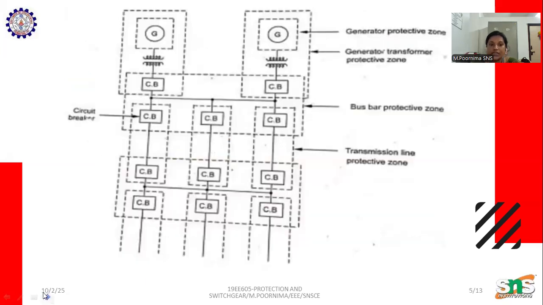Here we can see the protective schemes in this picture. First, this is the generator protection zone. We have a generator, a transformer, and a circuit breaker. These three components are protected by the generator transformer protection zone. And the next zone is